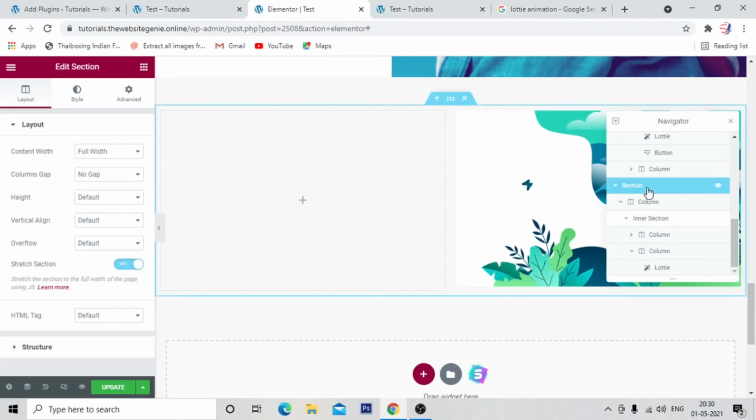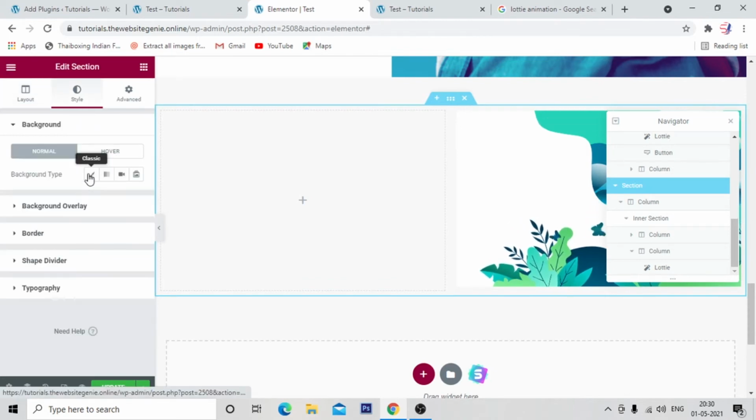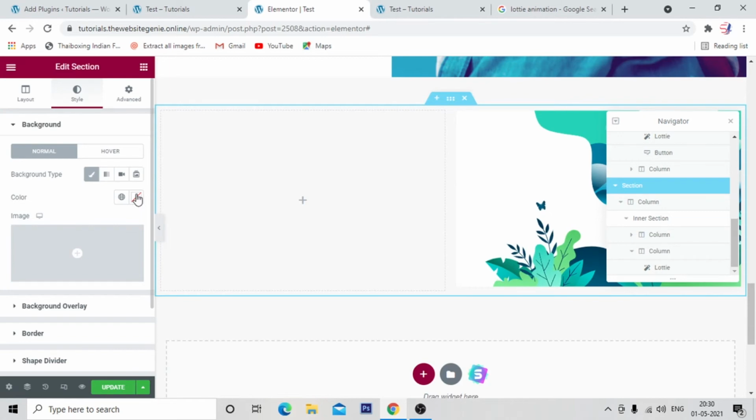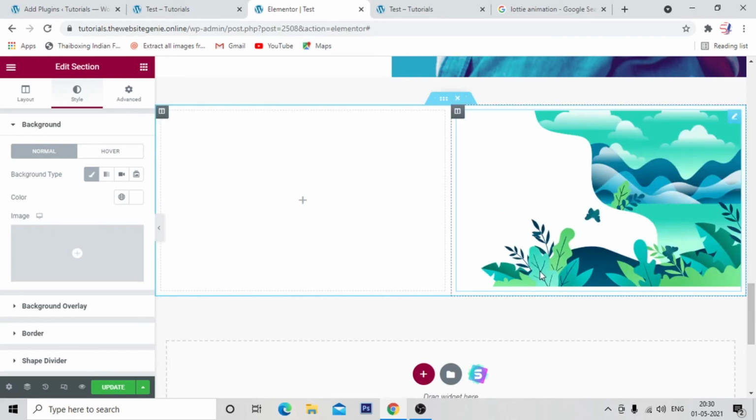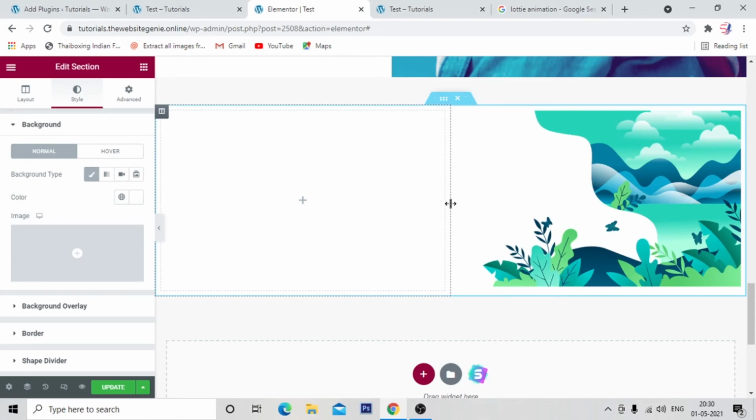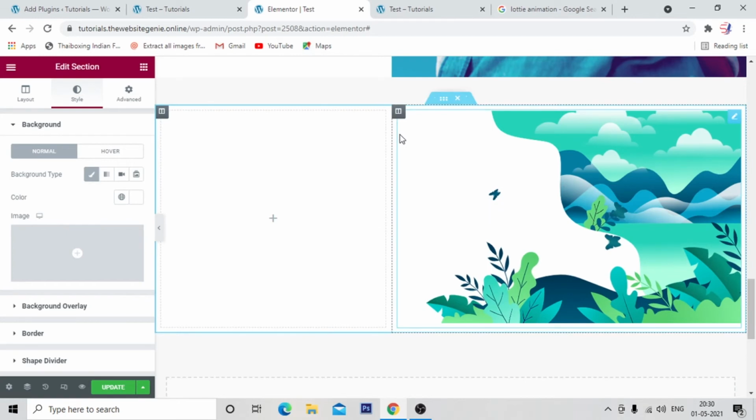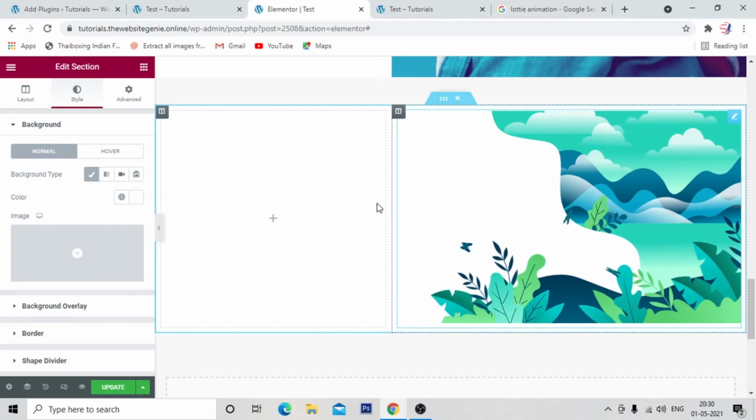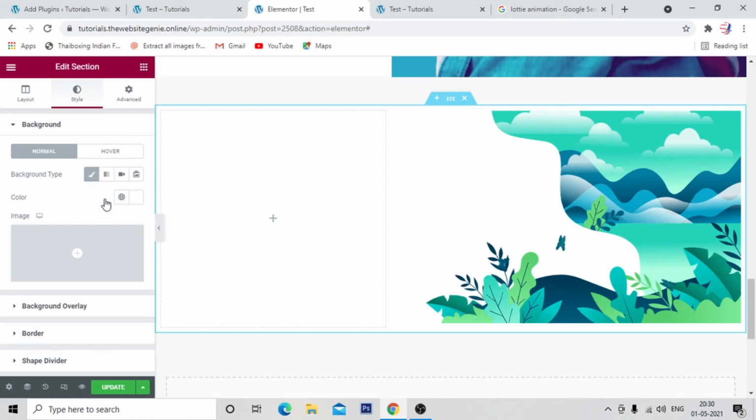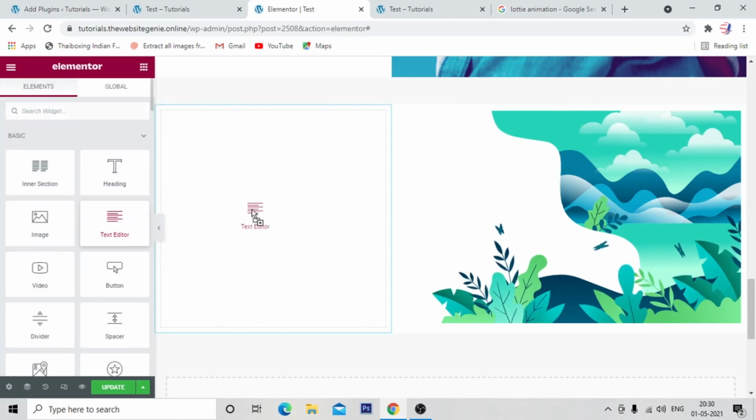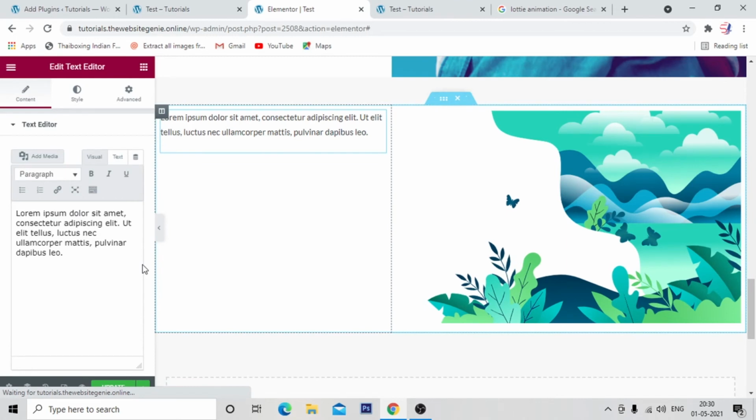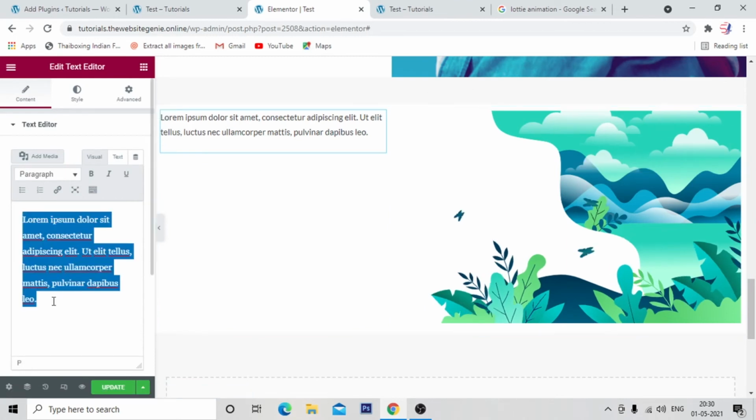So I'll just click on the section and I'll have the section editing options. So I'll go to style, and for the background type, I'll give a white color so that matches with the animation that we're having, and then we can get rid of this Navigator. Okay, now we'll just drag this column so that it has a bigger space to work with, and then we'll add a text editor, and after adding the text editor, we'll just duplicate the sample content that we have,